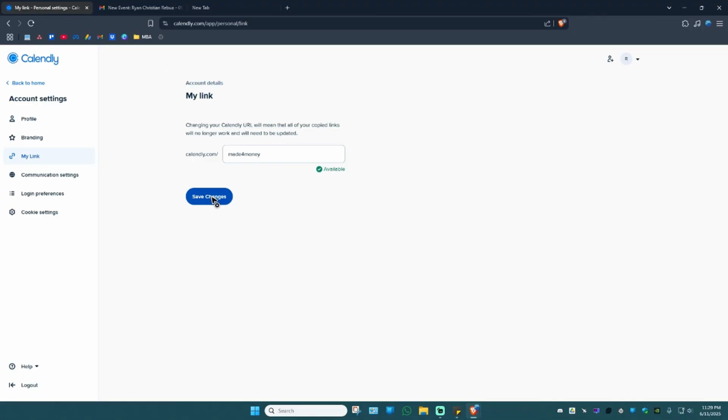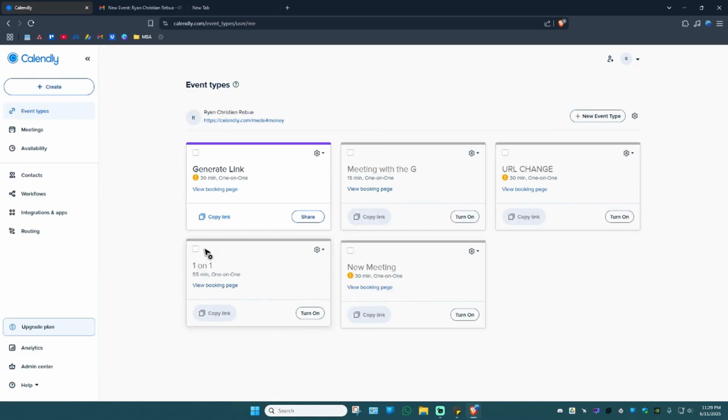Okay, if you're using the mobile version of Calendly, well, you have the option there to use QR. And we do have a separate video for that. Just go ahead and look it up in the channel. And the title for that is how to make a